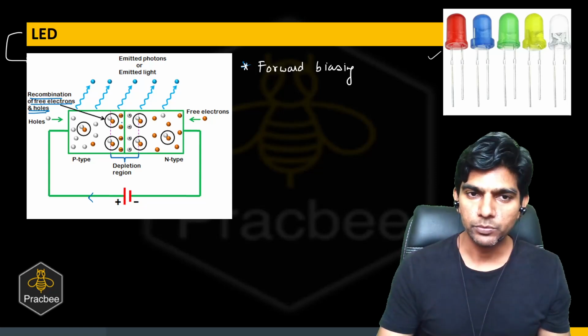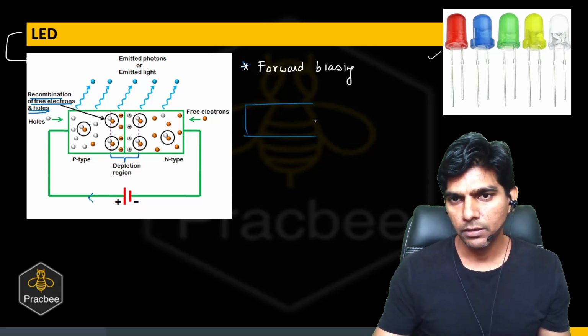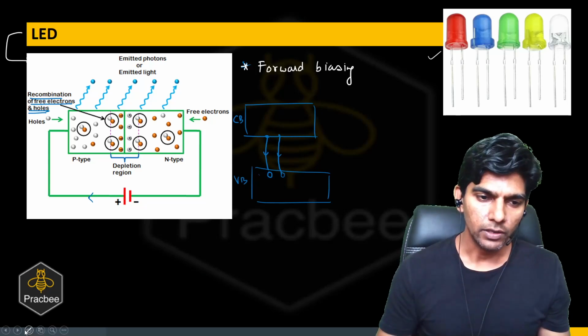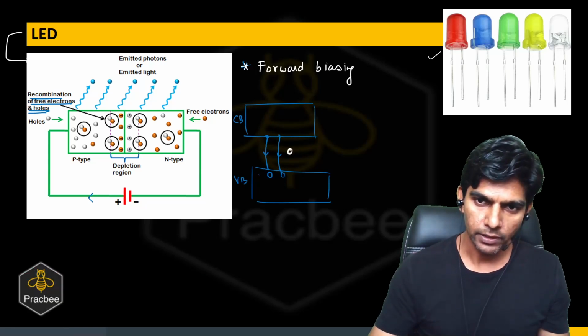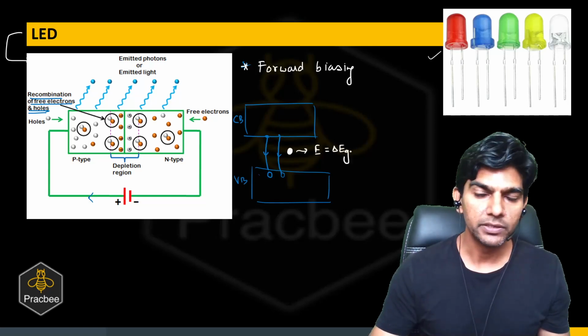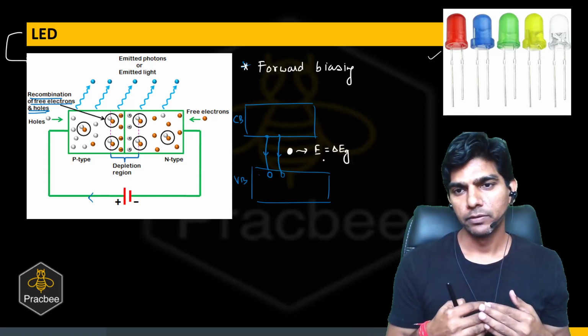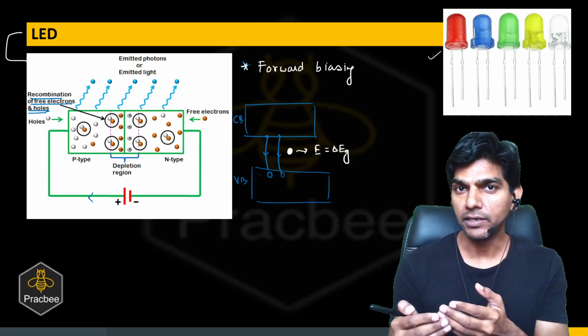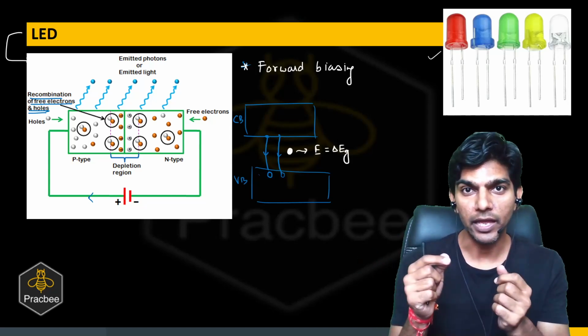And due to this recombination process, what would happen? So if I show the band diagram, this is the conduction band, this is the valence band, the electrons from the conduction band, they will jump and they occupy the holes. So if that happens, the electrons are losing energy, and that energy is being released in the form of photons. Now this energy will be nearly equal to the forbidden energy gap. So if we alter the doping, what would happen? So if we alter the doping, we can alter delta Eg. If we can alter delta Eg, we can alter the wavelength of the emitted photons.